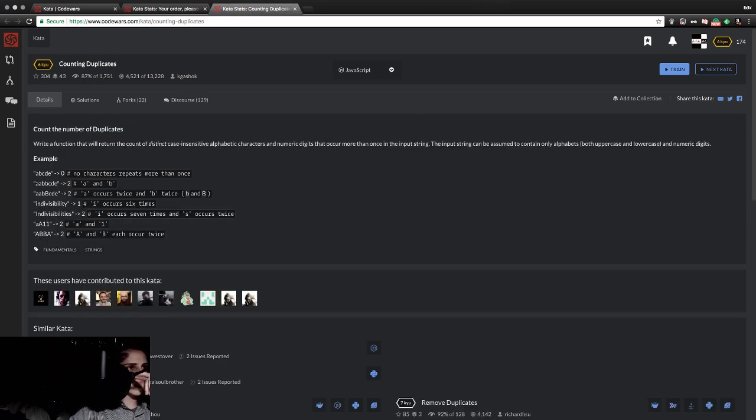Let's figure out what Counting Duplicates is going to ask of us. Count the number of duplicates. Write a function that will return the count of distinct case-insensitive alphabetic characters and numeric digits that occur more than once in the input string. So we're looking for repeats and duplicates as a whole, numbers and letters combined. The input string can be assumed to contain only alphabets, both uppercase and lowercase,